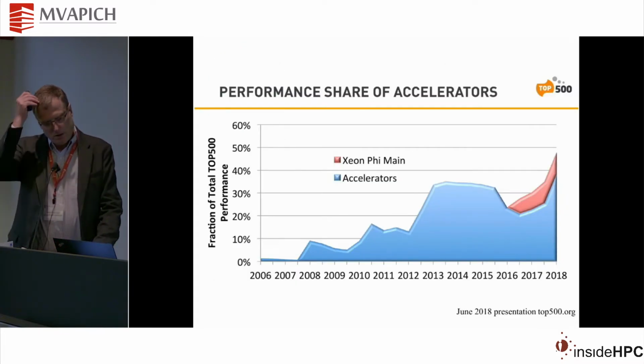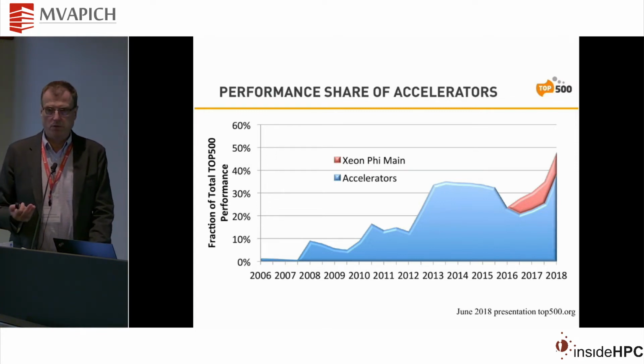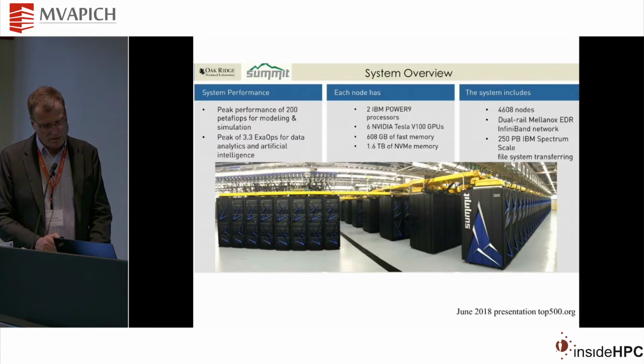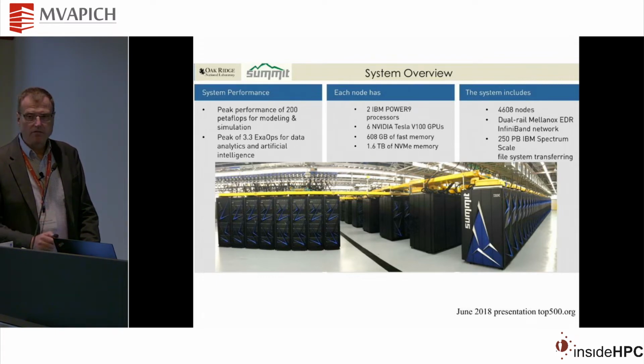A key point here is this increasing dominance of accelerators, primarily GPUs, in modern HPC, especially at the high end. So this is a description of Summit, the currently fastest computer at Oak Ridge National Lab. And essentially 90% of the flops come from the GPUs, right? That's in double precision. If you look at reduced precision, then you're going to be looking at 96+% of the flops coming from the GPUs. So amazing performance, but clearly challenges for a lot of applications in programmability.